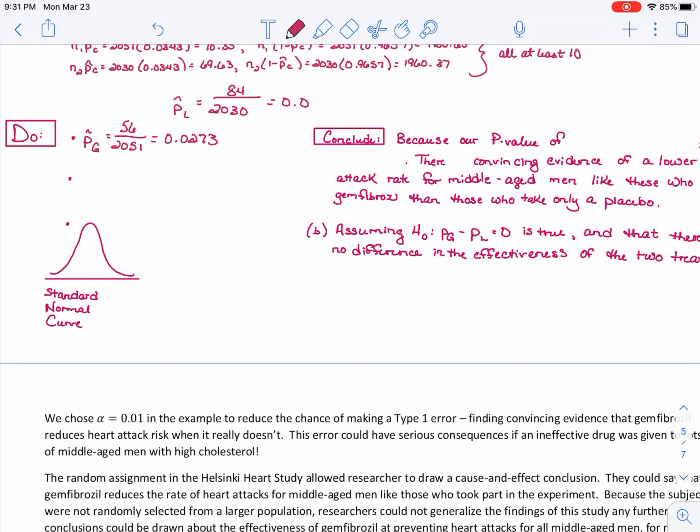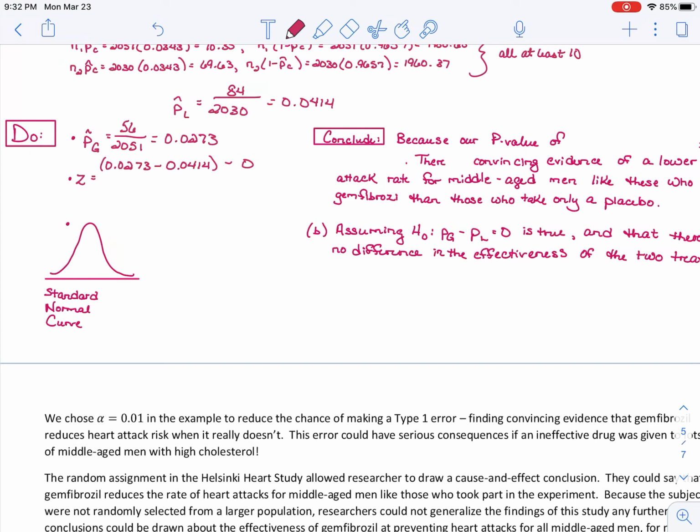So we're seeing that this is a higher proportion. There's some evidence that gemfibrozil makes a lower heart attack proportion, but we're trying to see now if we have convincing evidence. So now we're going to standardize that so we can find the z-score, or just go to your calculator and start plugging stuff in. But I'm going to have my statistic, which is the difference in the sample proportions of heart attacks,